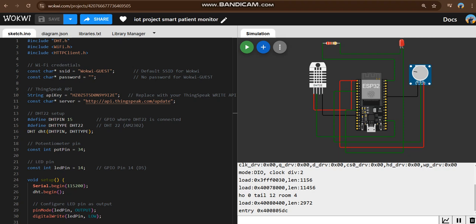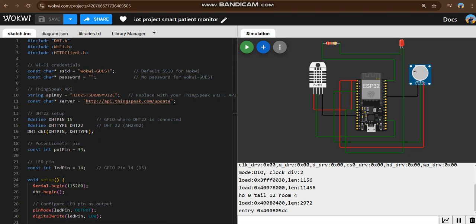So today, for the IoT subject mini project, I have chosen the theme of Smart Hospital. For this project, I chose the title Smart Patient Monitoring System. In this project, I am going to detect the temperature, humidity, and also patient heart rate. I am using an online simulation, which will be using the data of Hovi and also ThingSpeak.